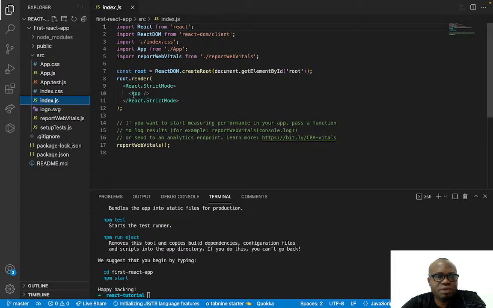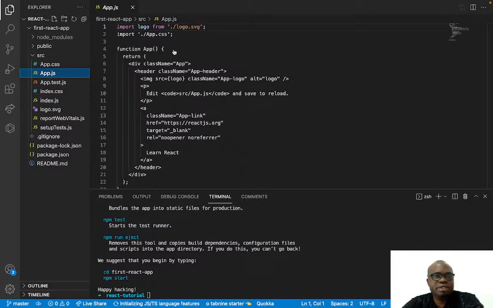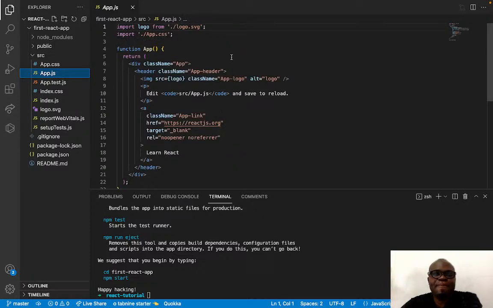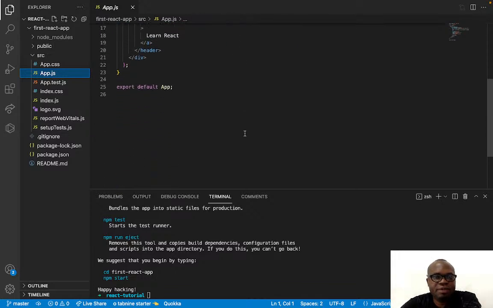This is your root component app here. You can see it is imported here, import app from app. So this app here is your root component. So the content of this app is what you're going to see when you